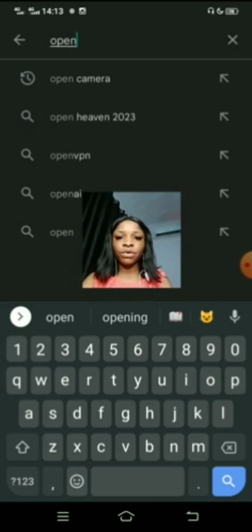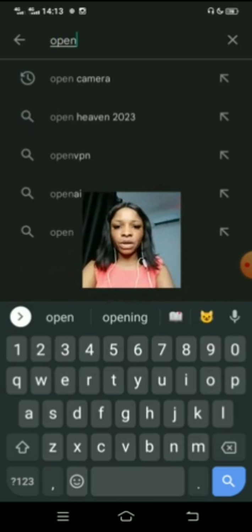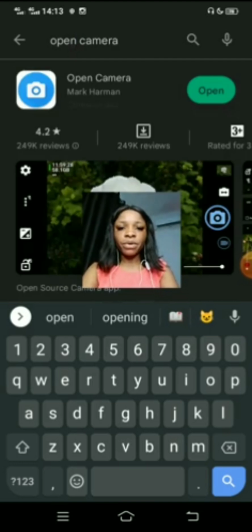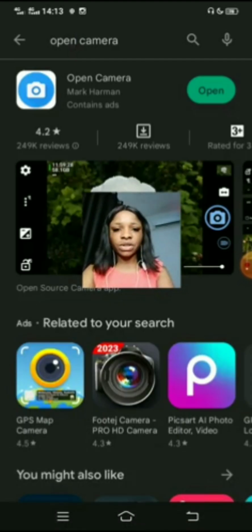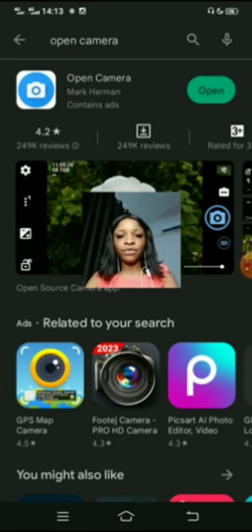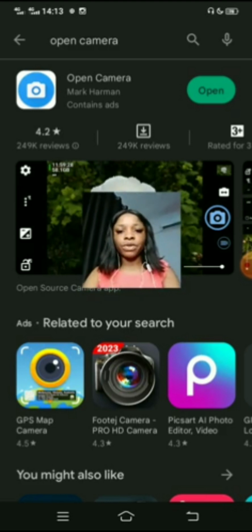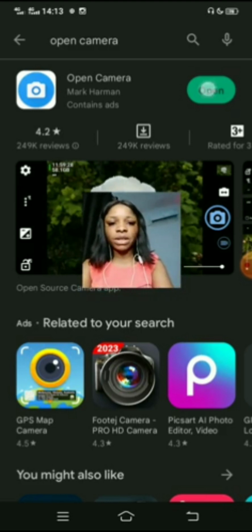From your smartphone, you go to Play Store and then you simply type Open Camera. When you type Open Camera, remember your data connection has to be on. On my phone here, it is showing that I have already installed the app. For you that are just starting, you just click on install and wait for it to install to your phone, and right after that you click on open. The moment you've opened the camera, I'm quickly going to walk you down the